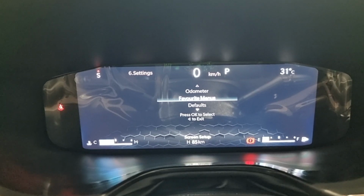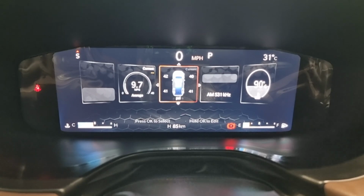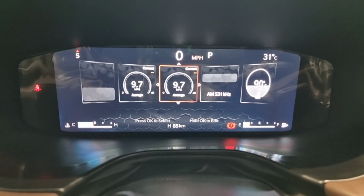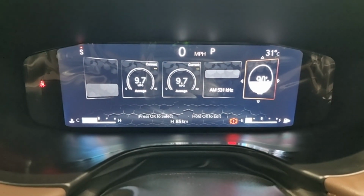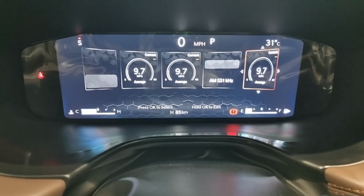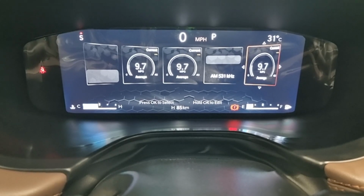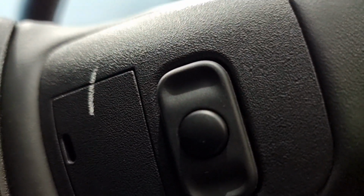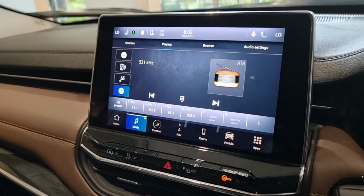Then you have odometer, favorite menu, engine temperature, coolant temperature, battery volt meter, and the average 9.7 miles per gallon. Then you have the FM and AM. Then you have the temperatures, coolant temperature and battery volt, and you have the same thing over there. And then you also have some buttons right over here. I hope you can see that, and I think that changes the layout in the 10.1 inch touchscreen